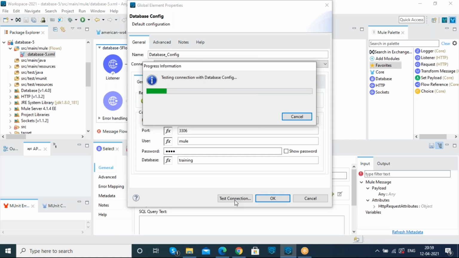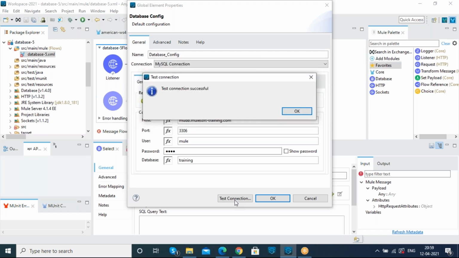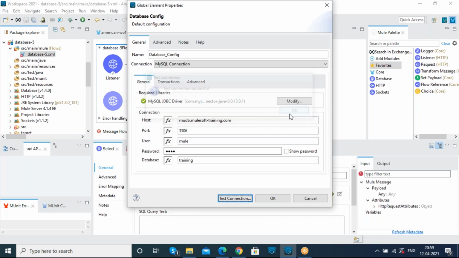If I test my connection in Mule 3, the Anypoint Studio 6 version, we are uploading the jar file in the same way if we are not using Maven. Maven is inbuilt in Mule 4, but we have to install Maven externally in Mule 3. So the test connection is successful. That means we are able to connect to the MuleSoft database, and we can click on OK.